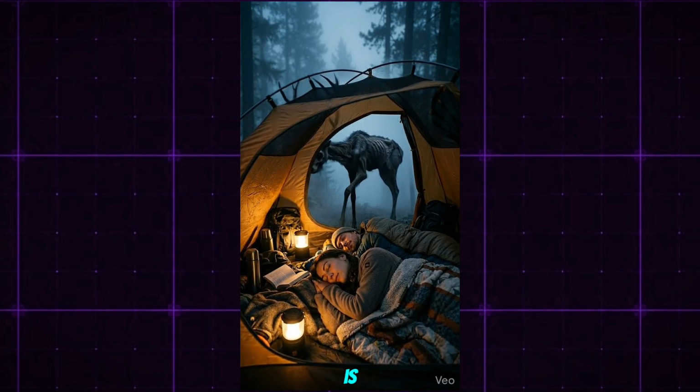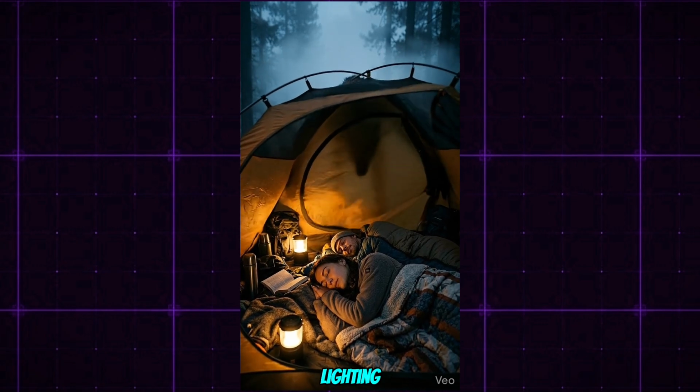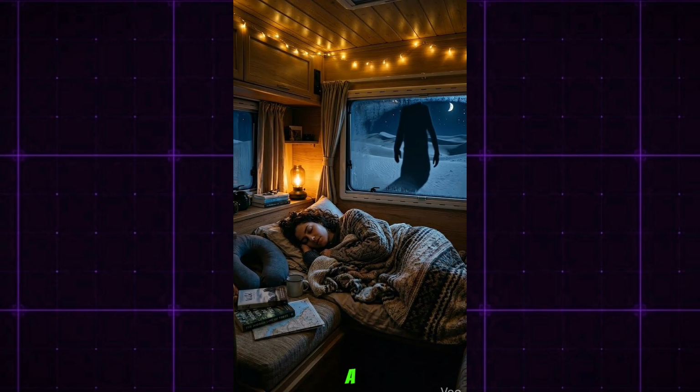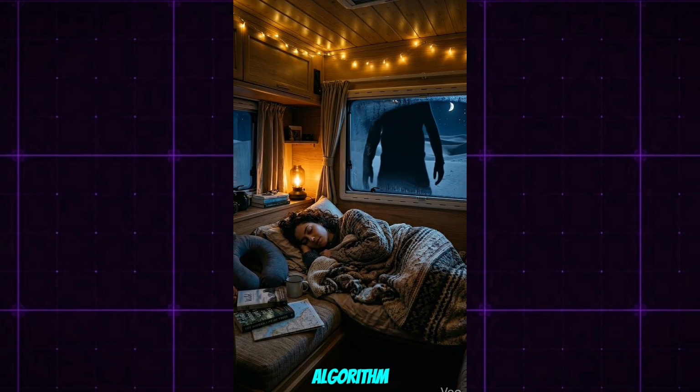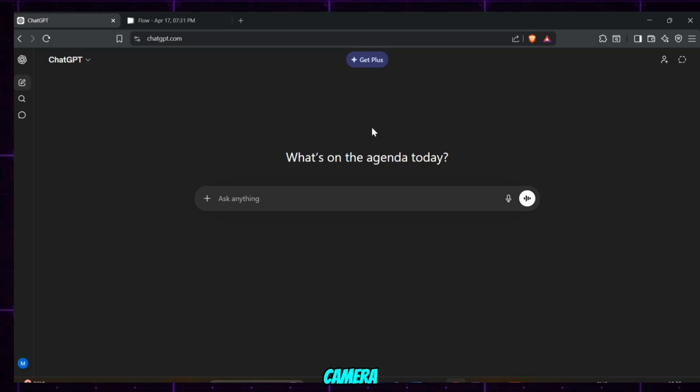So, what even is cozy horror? Think creepy atmosphere, soft lighting, eerie shadows, the kind of thing that makes you feel unsettled but also strangely relaxed. It's a weird combo, but clearly the algorithm loves it. And the best part is you don't need any design skills, no camera, nothing fancy, just 2 free tools and